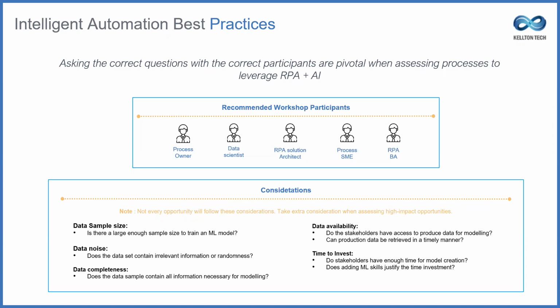Data availability and time to invest. Of course, most of the RPA tooling and technology that is available are rapid time-to-market platforms. You might have heard of Automation Anywhere, UiPath, and Blue Prism. These are all purpose-built platforms. So establishing a use case and designing and deploying it at a POC level should take weeks, not months, to invest in those use cases and quickly realize their ROI.